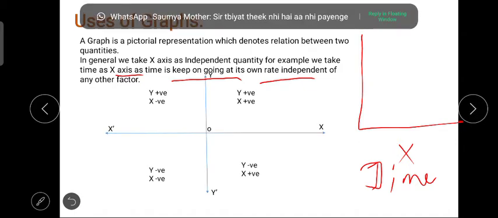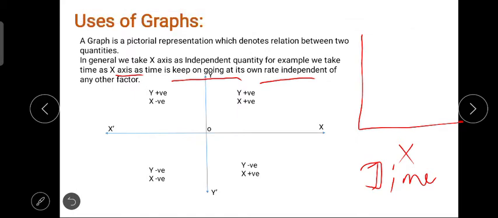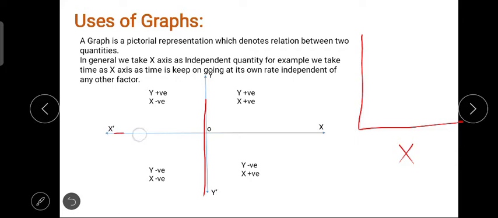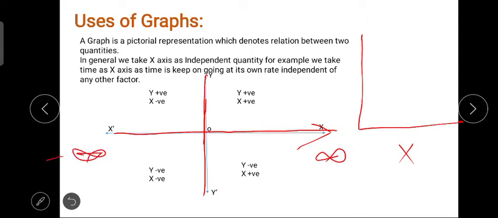This is the whole Cartesian system. जहाँ पर आपको ये समझना है कि आपने एक प्लेन लिया जिसमें आपने दो एक्सिस को ऐसे मीट करा दिया. This will go up to the infinite, this will go up to the minus infinite, this will go up to the plus infinite and this will go up to the minus infinite.